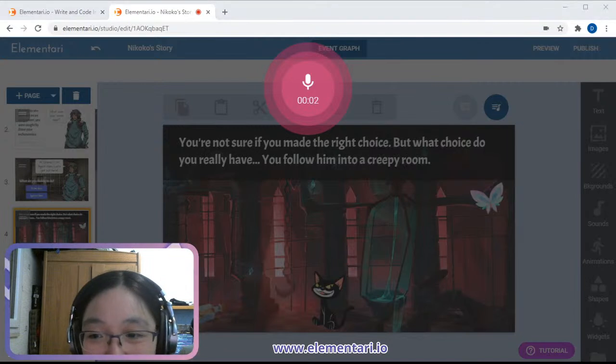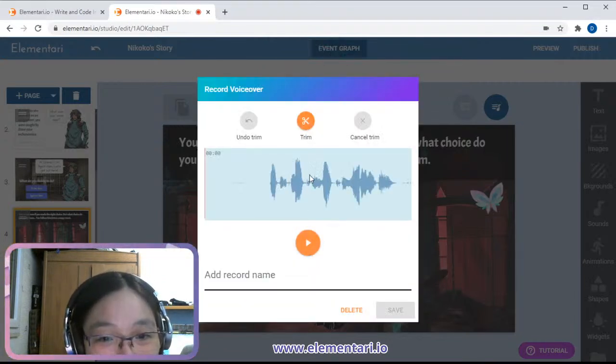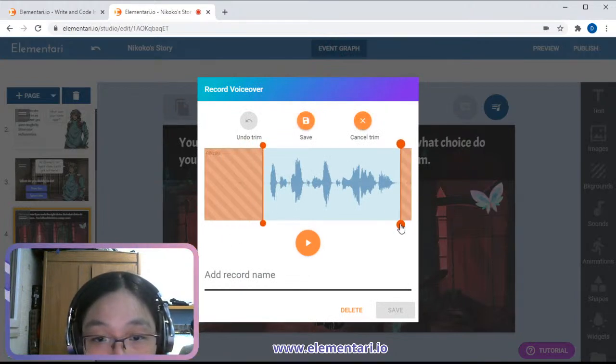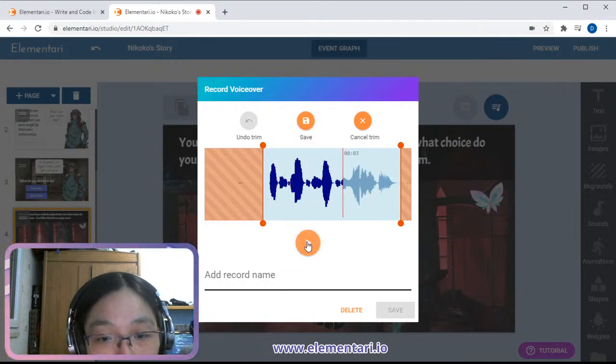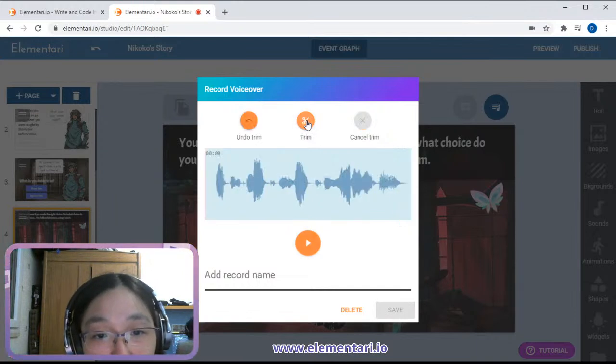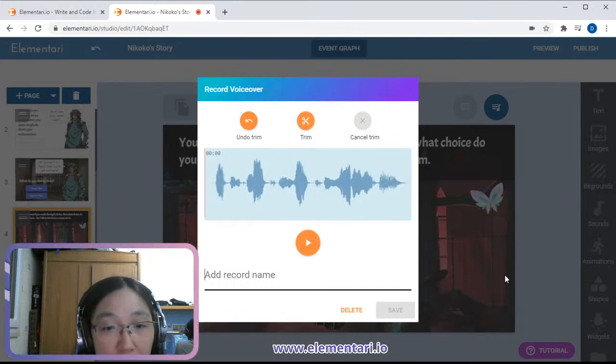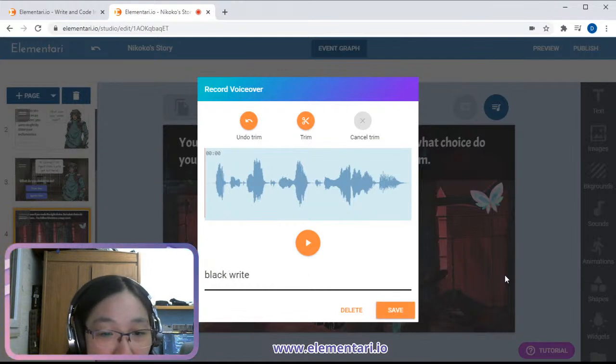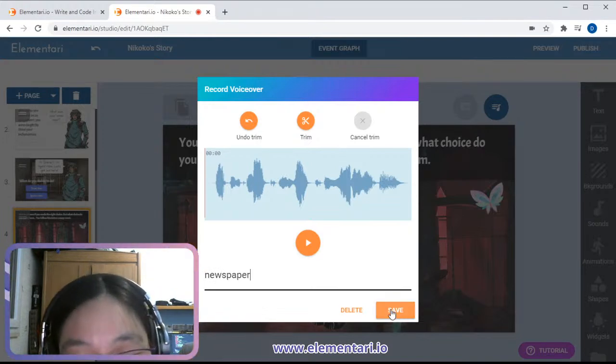What is black and white and red all over? So I can then trim my clue. I can preview it. It sounds good. I'm gonna save that, and I'm going to call it newspaper. And I'm gonna save it.